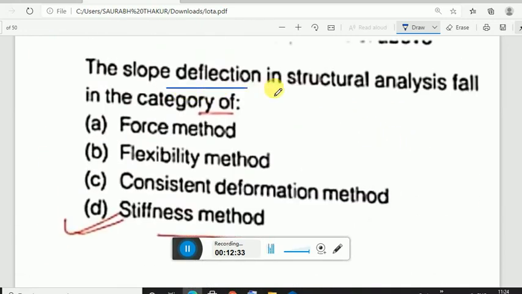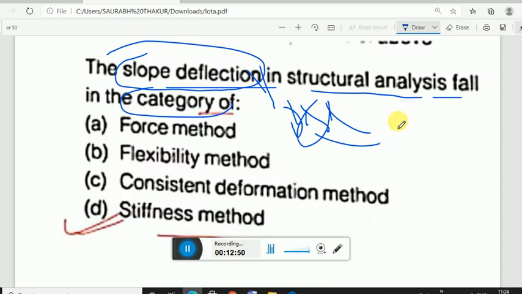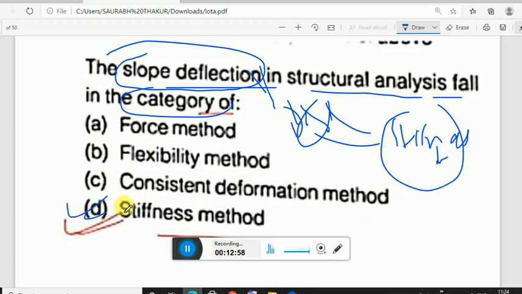The slope deflection method, or moment distribution method, these methods fall in the category of displacement method. Displacement method is also known as stiffness method. Your correct answer would be D. And force method is also known as flexibility method. Okay,